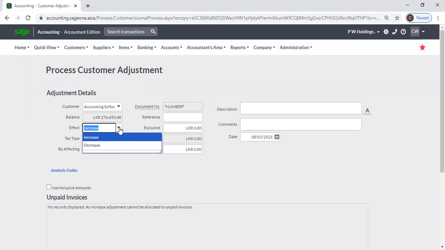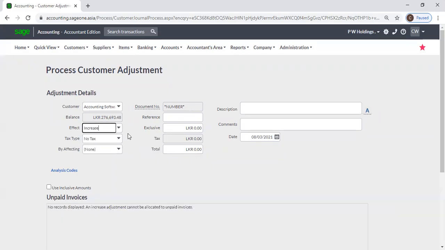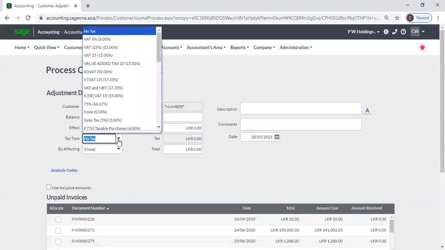And if we select decrease, trade receivable will be credited. Okay, accounting transactions for customer increase: debit trade receivables. And if we select decrease: credit trade receivables. And if tax is available for this customer adjustment, we can select the tax